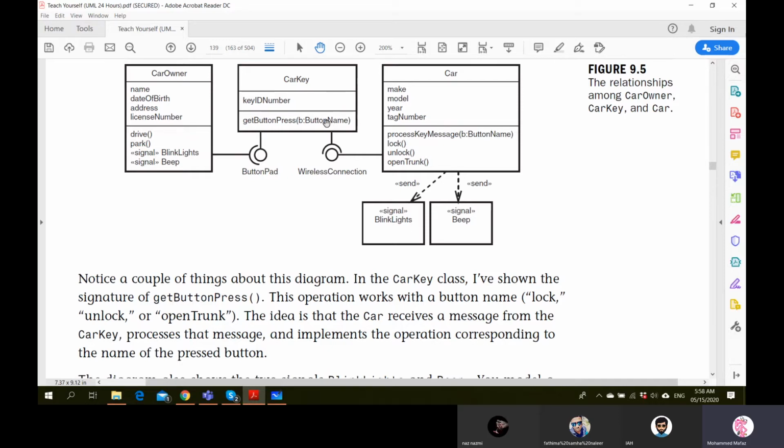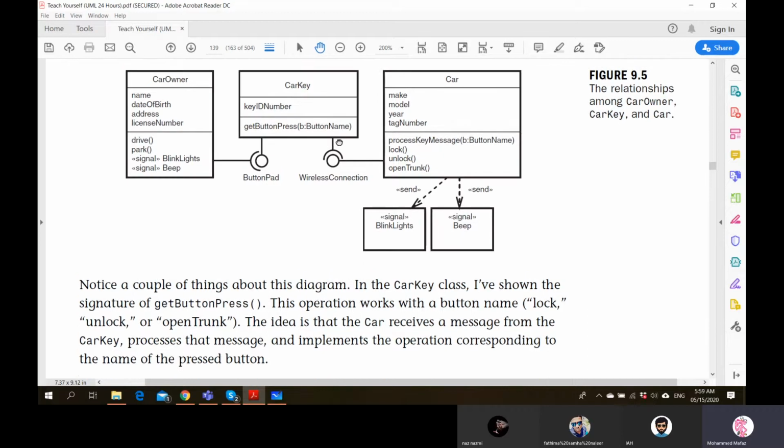So in this parameter, we are going to pass either the button name lock, unlock, or open trunk. Based on that, it is going to pass that message back to the car to do the relevant thing. The idea is that the car receives a message from the car key, processes that message, and implements the operation corresponding to the name of the pressed button.